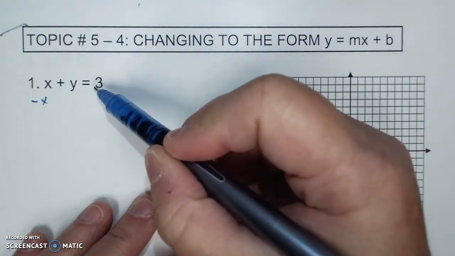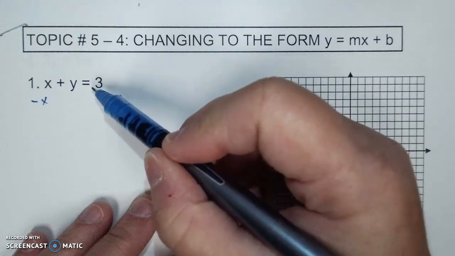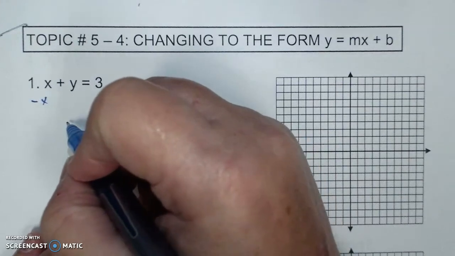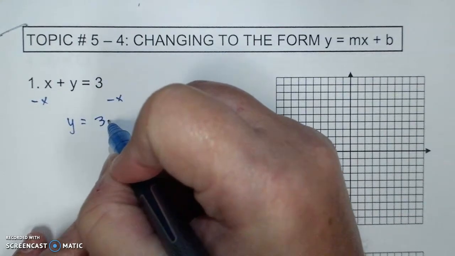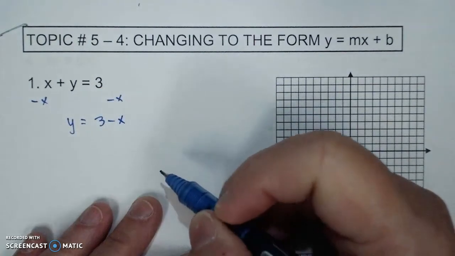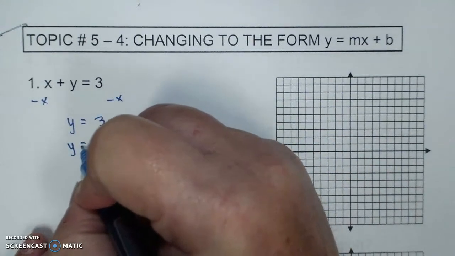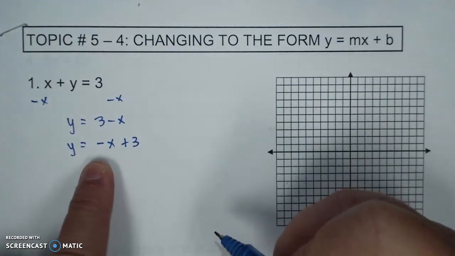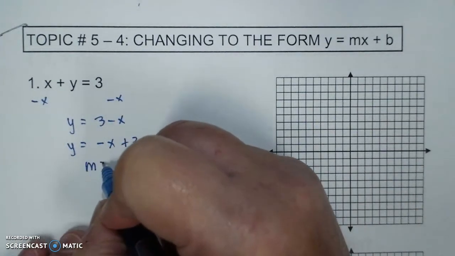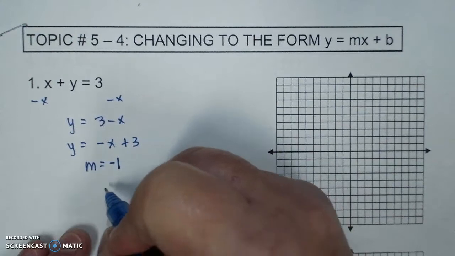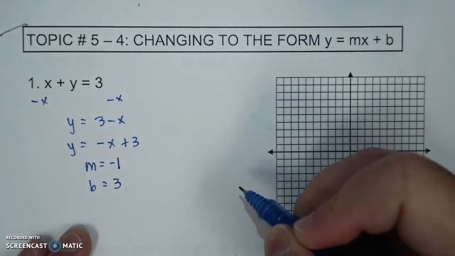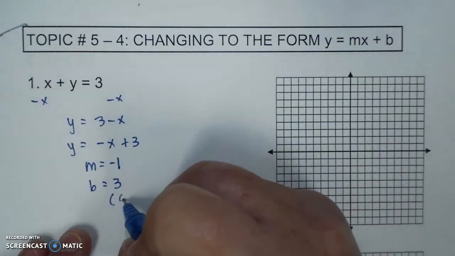Notice I hang it out because I don't want to combine it directly with the 3. So I get y equals 3 minus x. I'm going to flip through commutative property, negative x plus 3. Now it's in slope-intercept form where m equals negative 1 and my b is 3, which as a coordinate point